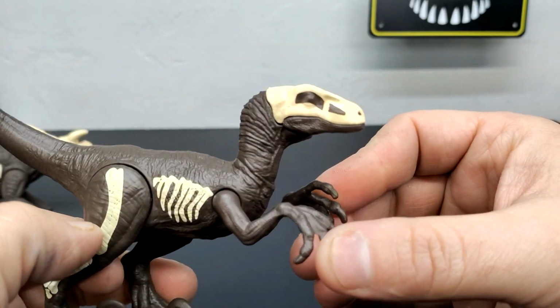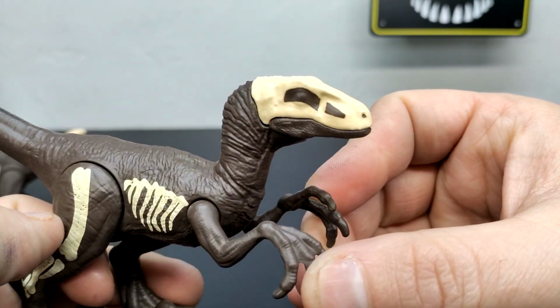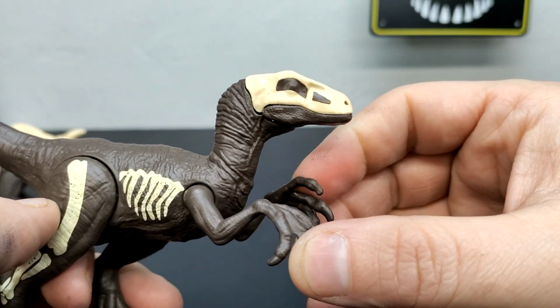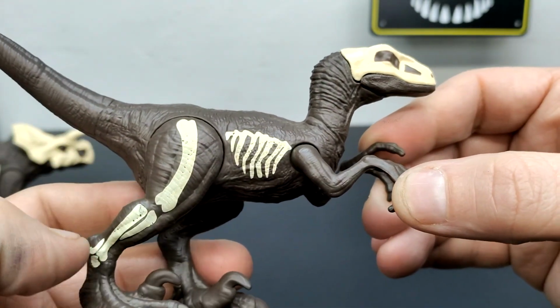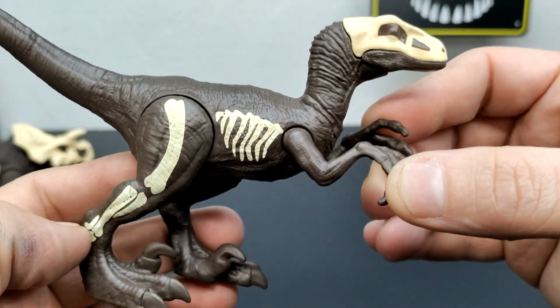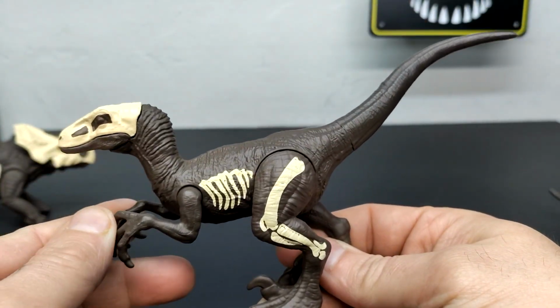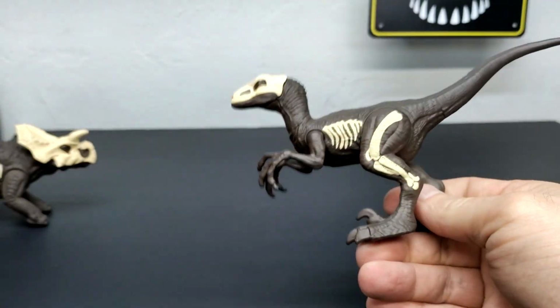But here for the Velociraptor, it's almost the same thing. You can see again that sort of off-white tone with some of the brown leading through. The nostrils again highlighted with a brown. And then we've got the leg bones and the rib cage. And again, that's about it outside of that dark brown tone. All of them are the exact same colors initially,